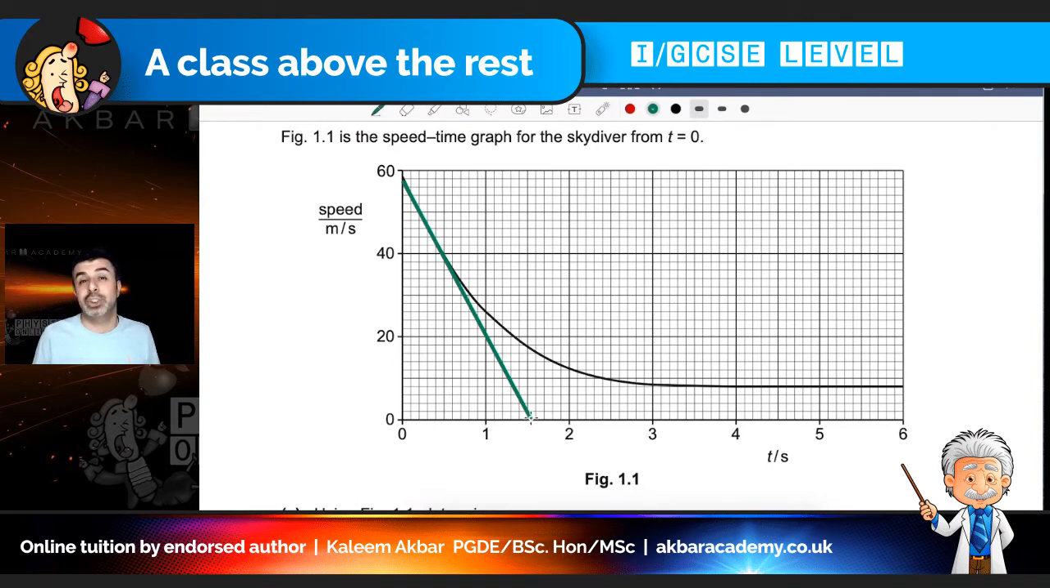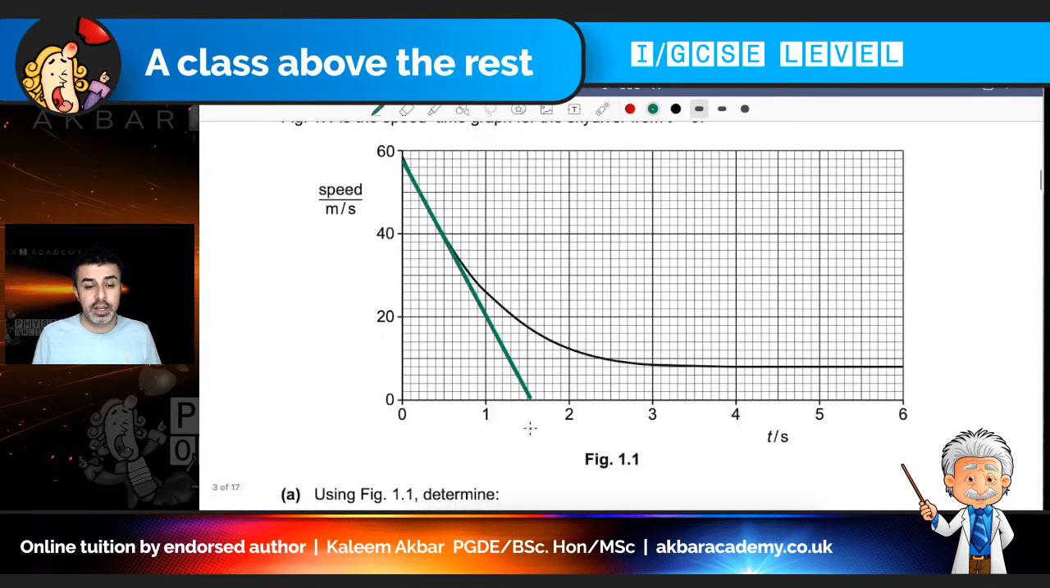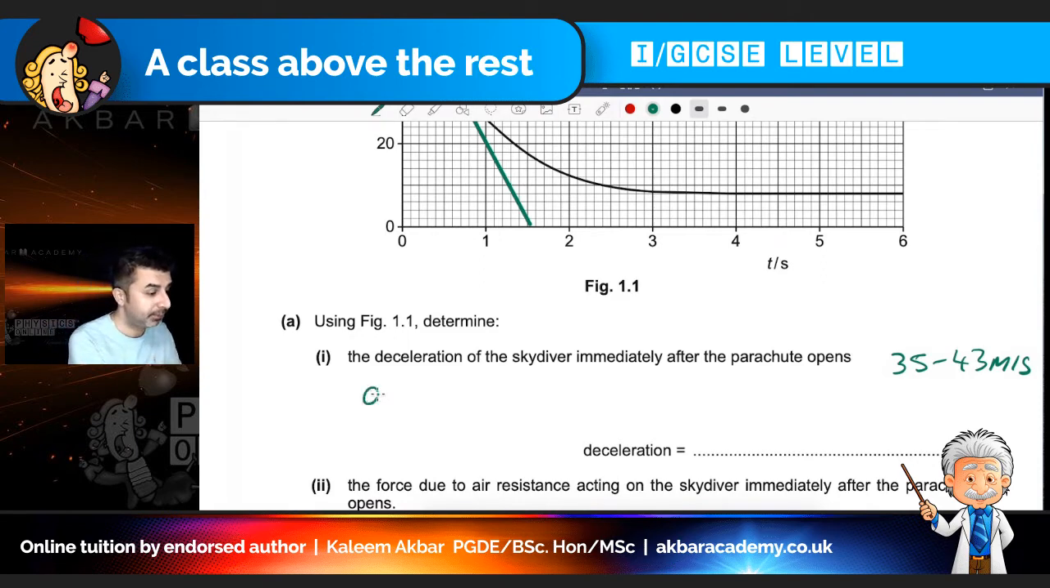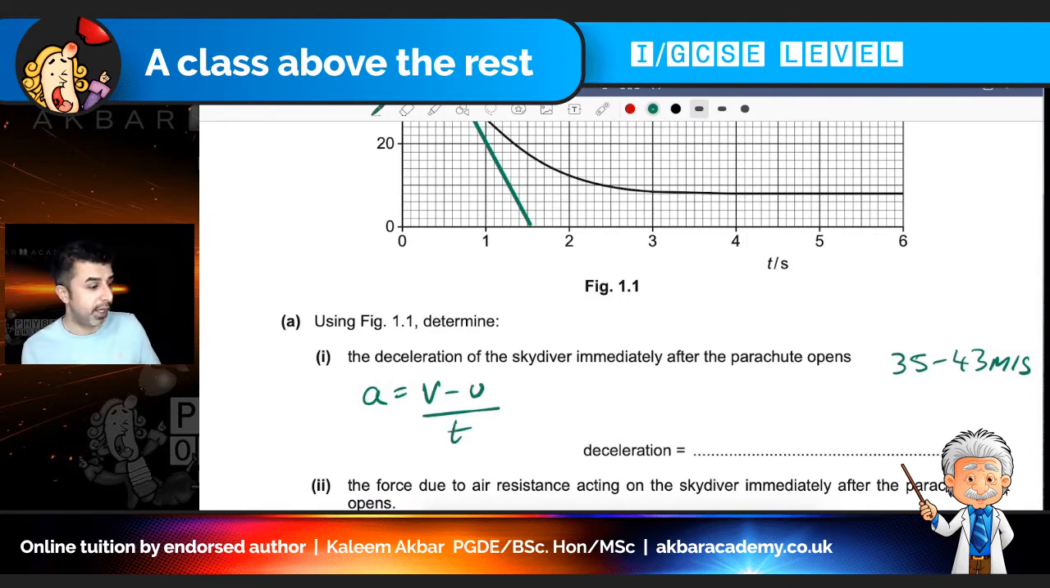In questions like this, where you're expected to draw a tangent, there's always a range of results. The actual range of results for this question is between 35 and 43 meters per second squared. Now let's actually find out what the answer here is. So a equals v minus u divided by t. Remember v is the final velocity, so it was 0 minus 58, that's what I started with, divided by time, which is 1.5. Stick that into my calculator, and I get